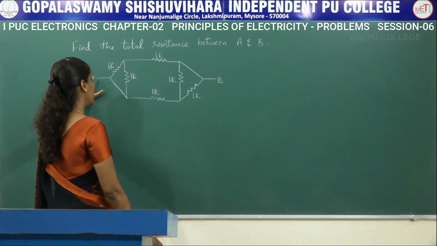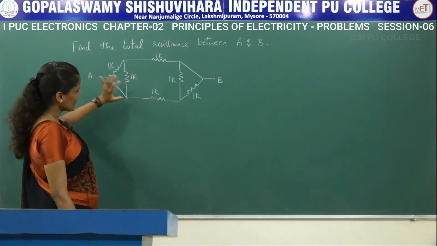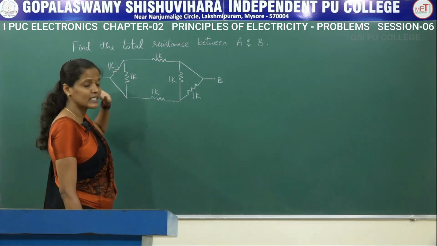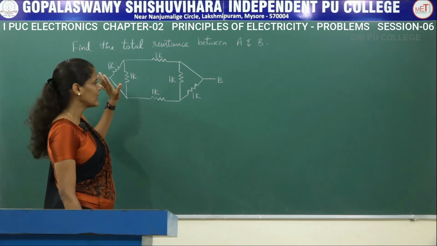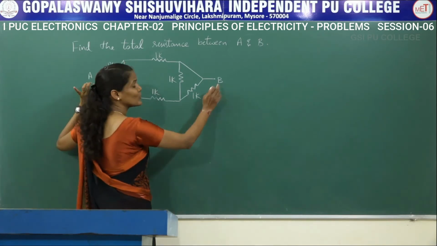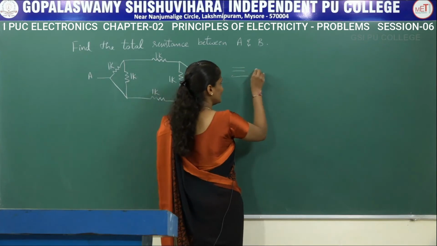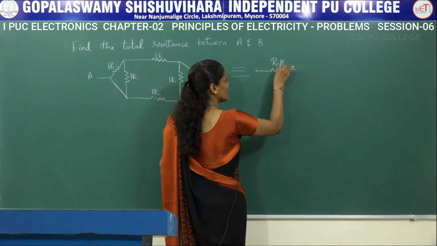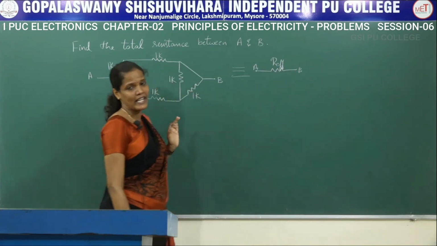They have given a diagram in which they have named it as A and B. So from this diagram, you are having 1, 2, 3, 4, 5, 6 number of resistors whose values are the same, that is equal to 1 kilo ohm. So you have to find the total resistance between these two terminals A and B. That is, you have to end up with one diagram which is having only one resistor whose value is equal to R effective, and these two terminals are named as A and B.